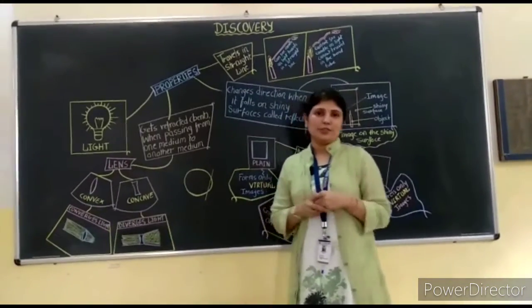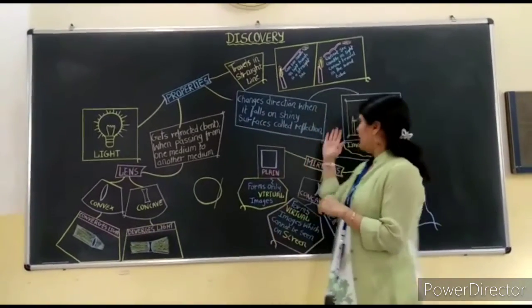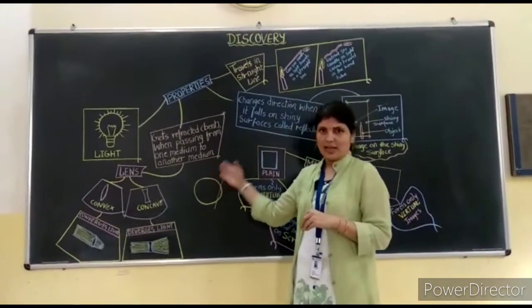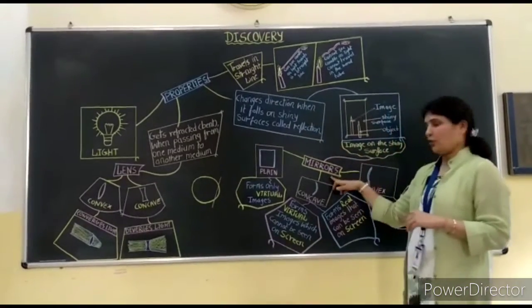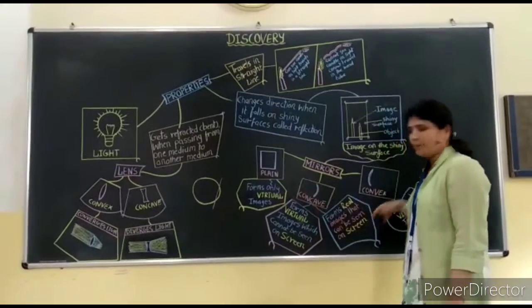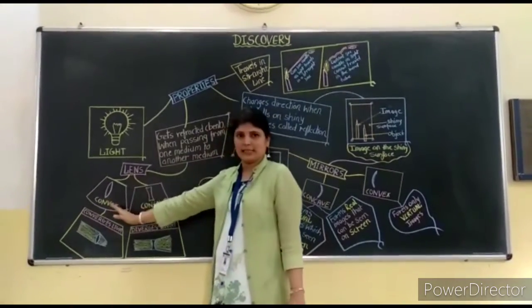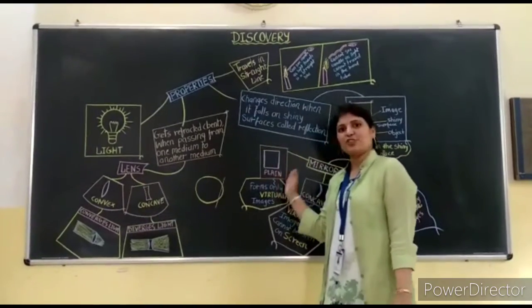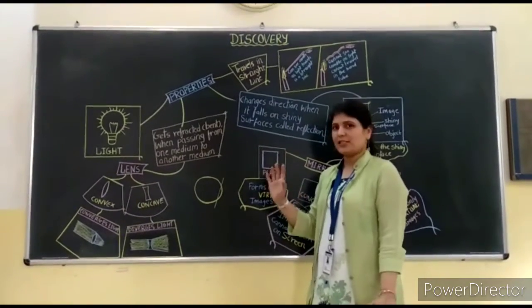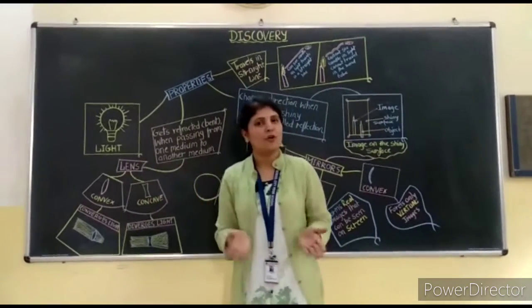Thank you, children. Let us summarize what we learned today. The two main properties about light that we learned today were reflection and refraction. Reflection takes place from mirrors. Here the light will bounce back from the mirrors. And in refraction, the light passes through the lens. In both cases, divergence and convergence happen, but the difference is the bouncing back of light and the passing of light through it. Okay? I hope you